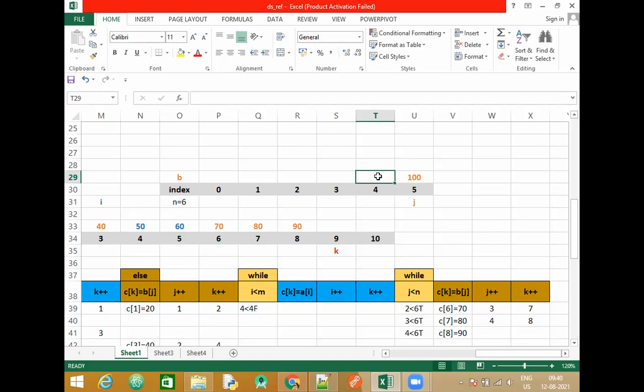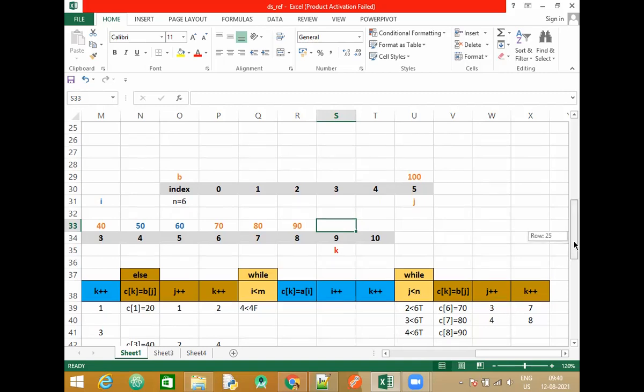It will not come in sorted order because we are just picking the elements and then putting it up. Suppose here I have 100. Have a look there at the screen. Here at index 4 I had 100 and at index 5 I have 90. What will happen then? It's not being sorted order because first I am going to place 100 and then I am going to place 90. That is why the requirement is put the array elements in sorted order.